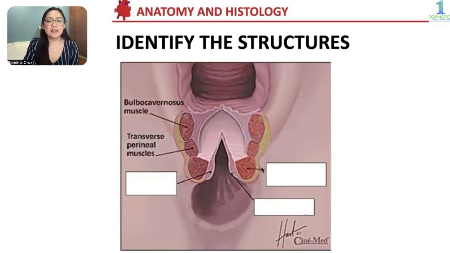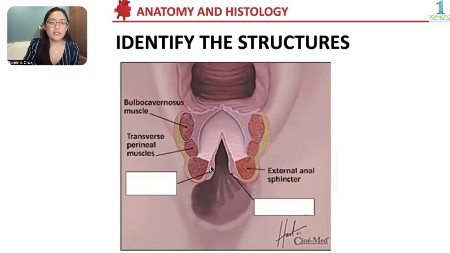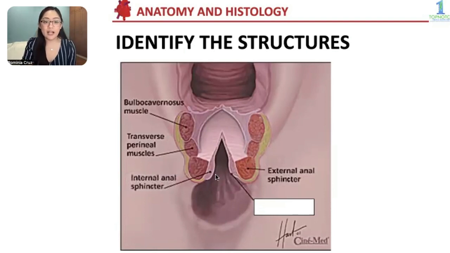So ano pa yung isa pang striated muscle natin dito in this area? Found in your anal triangle. That's your external anal sphincter. So you have two structures left. One is pointing into a medyo bigger space, and then the other one pointing to a lining. So remember, yung internal anal sphincter natin is not a striated muscle. So this is actually your internal anal sphincter. And the lining pointed to right here in this photo would be your rectal mucosa. So ito yung structures that you can cut during your episiotomy during vaginal delivery, especially if you undergo a fourth-degree